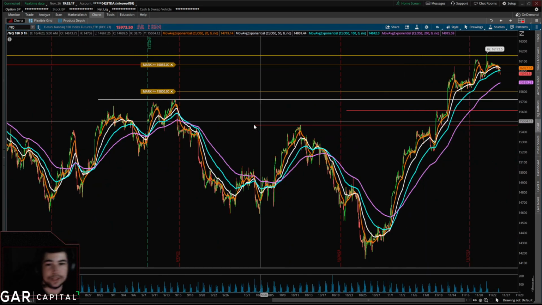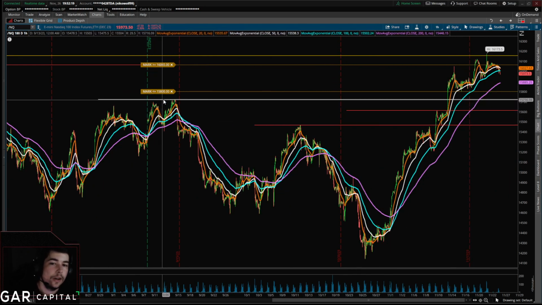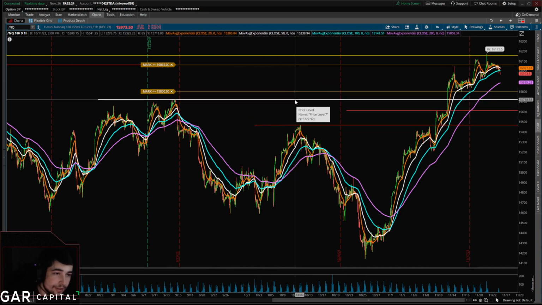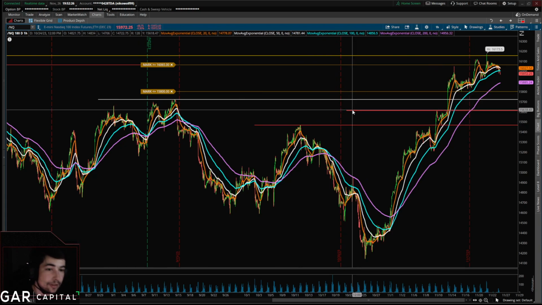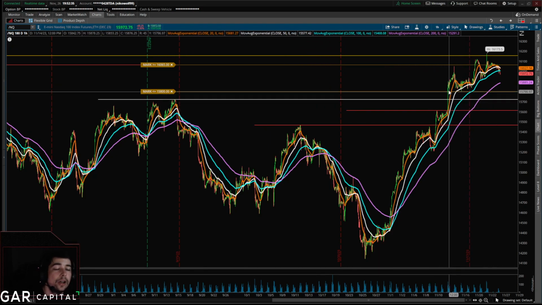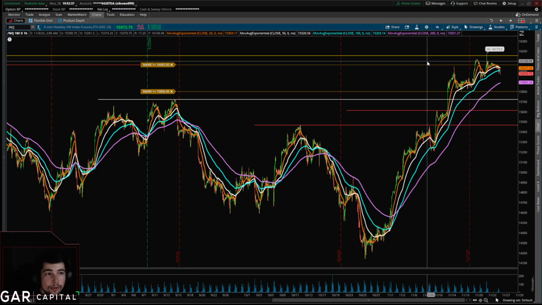The real setups that we're eyeing at least is below 15,800. First take profit is going to be at 15,720. Then below 15,720, we would be looking at 15,614, where we need to retest this breakout that we did have, not come down to retest that level yet, or we break above two levels.